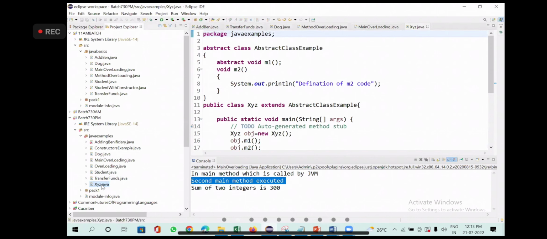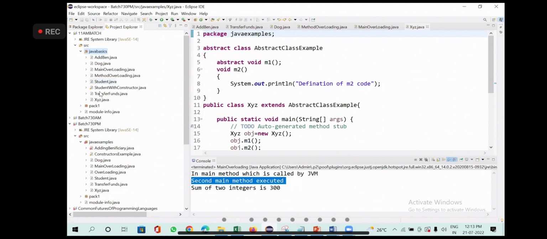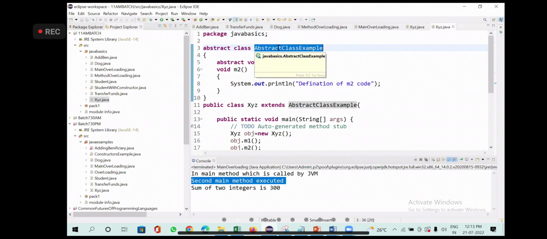Okay, this I already have. I can put it here. Now I have one class called AbstractClassExample. Don't think the class name must start with abstract. It can be any name. Always remember, class name can be any name. Don't think that because this is an abstract class, I have to give my class name with abstract. The answer is no. Now I'll remove this abstract, because I'm creating one abstract class. Just remove this and then remove this also.